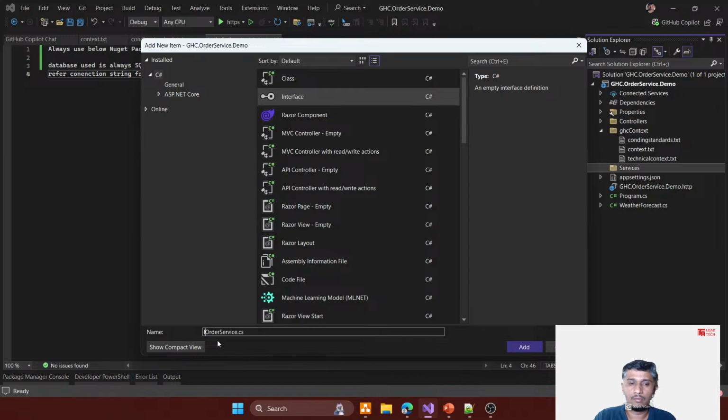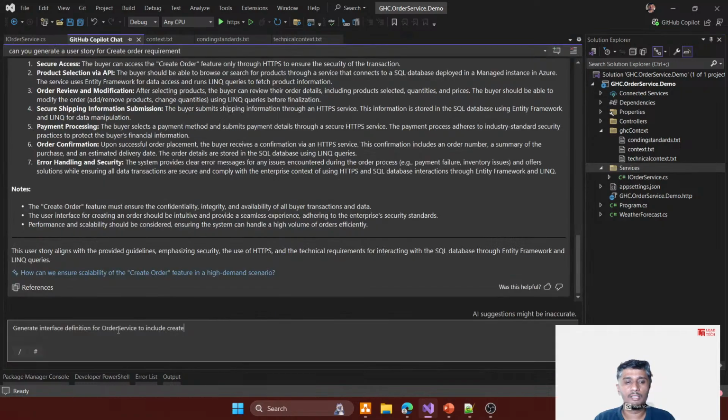If I go to the coding standards, they specifically say you use camel case for method names. So there is a very specific requirement in the coding standards. Now, if I go here: generate interface definition for order service to include create, update, get by ID, and list orders